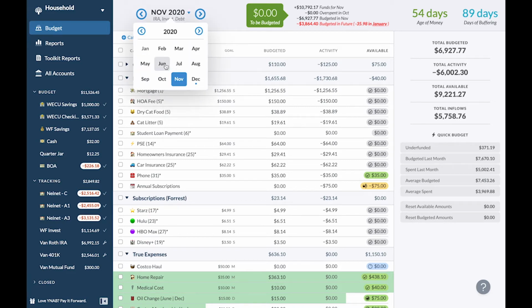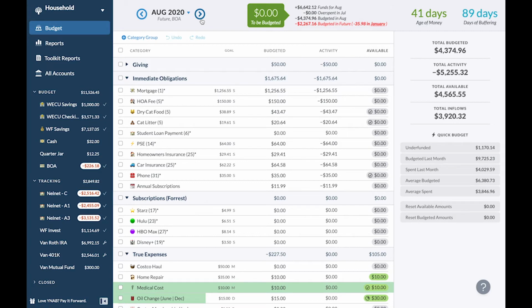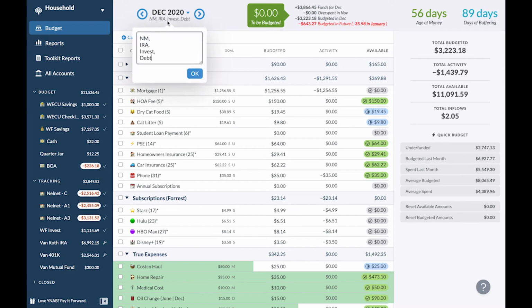I'm going to even go back to, let's look at July. Yeah, this is when I wasn't bringing in a lot of income, so my age of money decreased because I had to spend those newer dollars instead of aging them. August, it went back up. It looks like I've been pretty well, though, between 30 and 60 days, so that's great to see. And it makes me feel like I should adjust this goal. I know that next month is my goal, so maybe I don't need to see that here and just focus on the things that I'm really prioritizing.